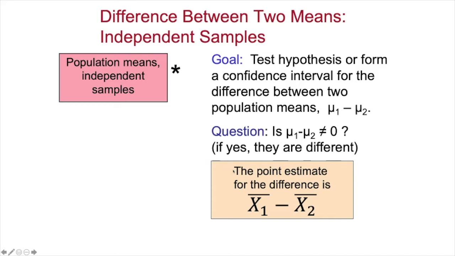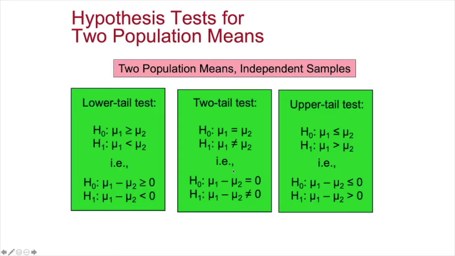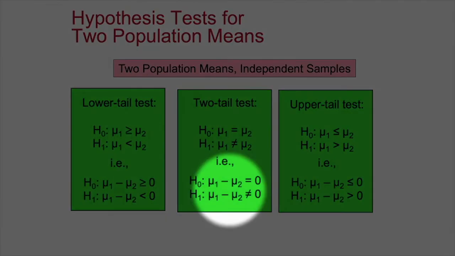The same, it's going to be the difference in the averages that we compute from our samples. So that is simply the difference of the averages. And once we have our point estimate, we're going to do the same thing we always do. We're going to do either two-tailed tests of our point estimate, or lower tail test, or upper tail tests of our point estimate. Our point estimate is mu1 minus mu2, and we test whether mu1 minus mu2 is equal to